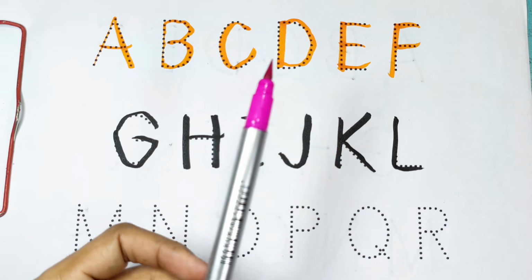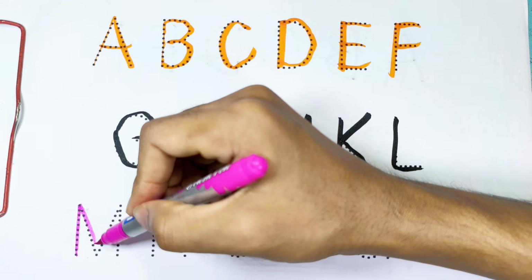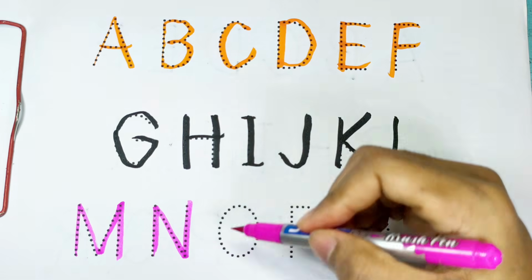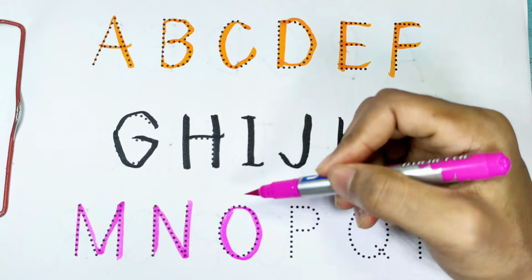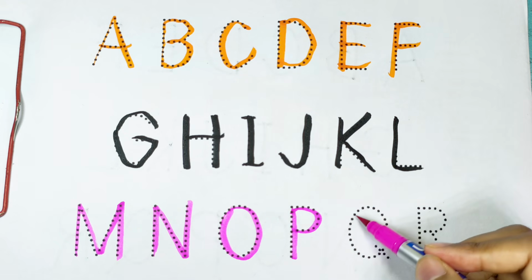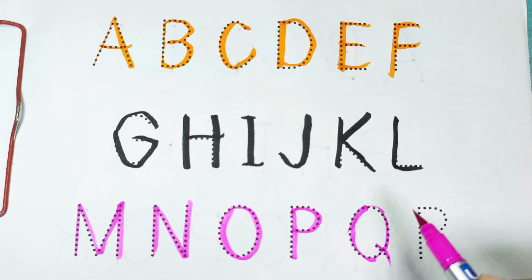Now we are using the color of dark pink color. M. M for moon. M for mango. N. The next one is O. O for orange. Now we draw the alphabet of P. P for penguin. Q. Q for queen. The last one is